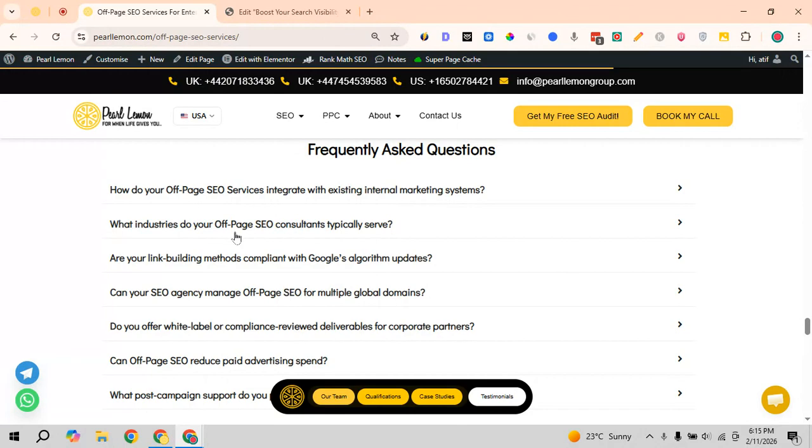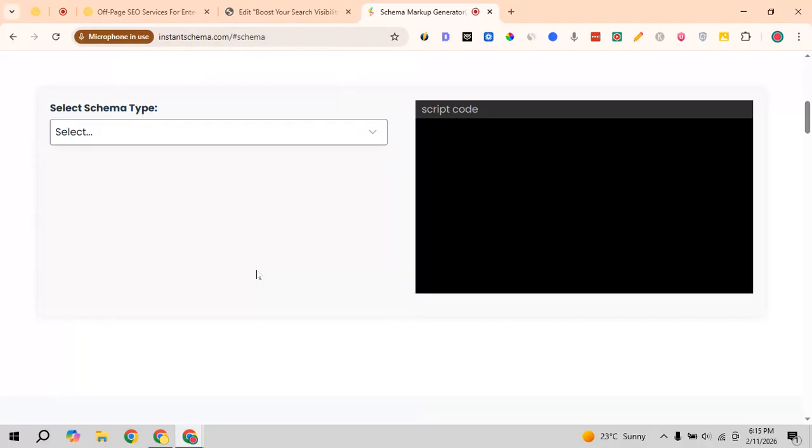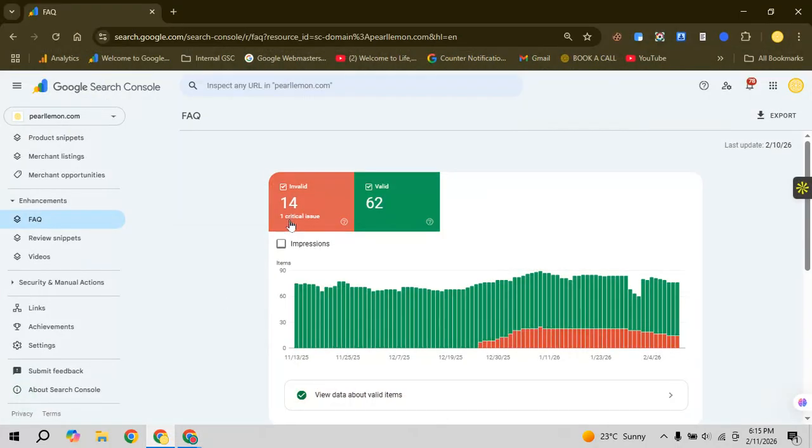For example, if you have implemented the schemas twice. There are two methods to add the FAQ schema. The first one is the Rank Math SEO plugin, which directly offers us to add the schemas, and the second one is we can generate schemas from Instant Schema and then add them manually on our websites from here. So when we make some mistakes,